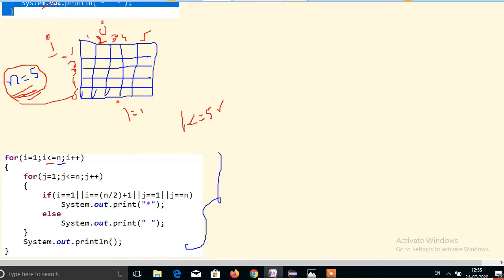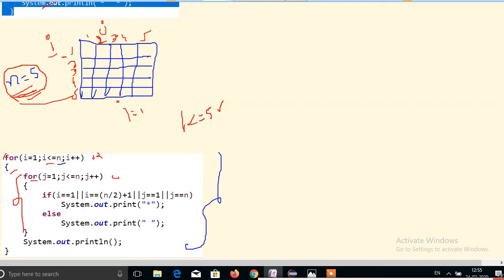If the condition is true, it will go to the body. In the body I have given another for loop, which is for columns with j. This for loop is for rows, and this one is for columns.